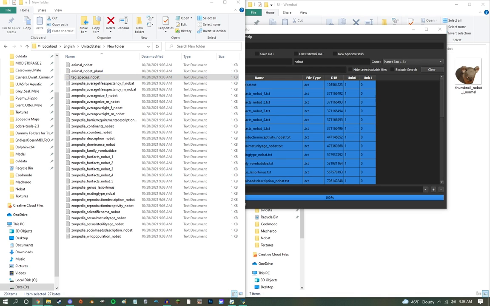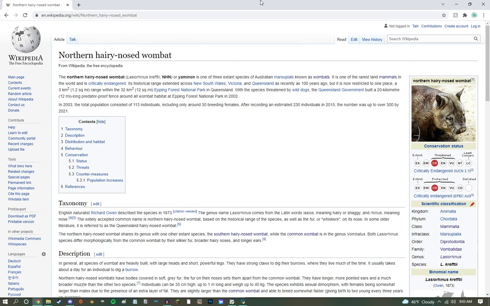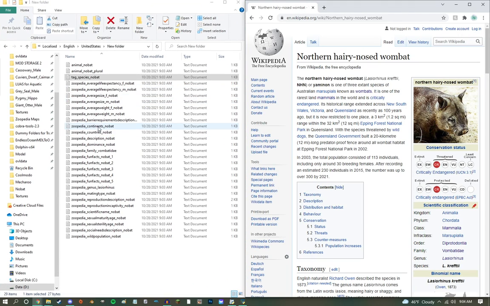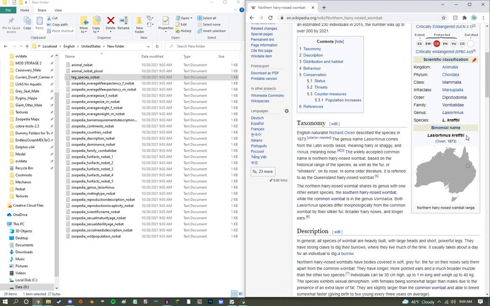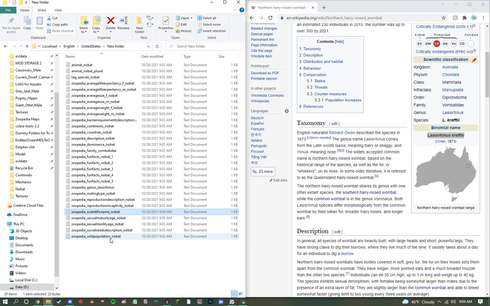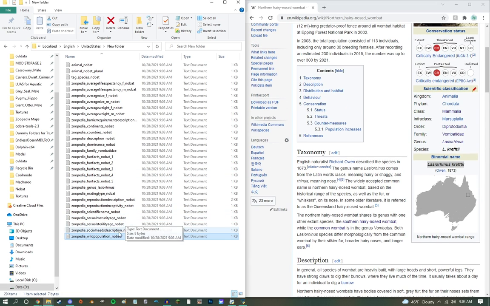Northern hairy-nosed wombat. So yes, as you guys can probably tell from my log files, I use Wikipedia. There is no shame in using it. It really helps you get your basic animals said and done very quickly. Since this guy has his own scientific name, we are going to change that out. Wild population, I usually keep it as unknown because there's a lot of discourse amongst the other kind of things